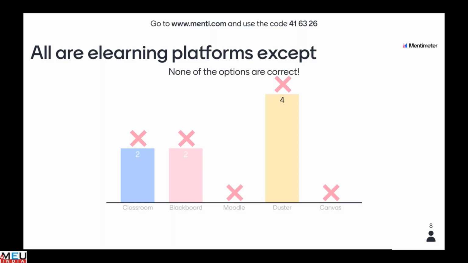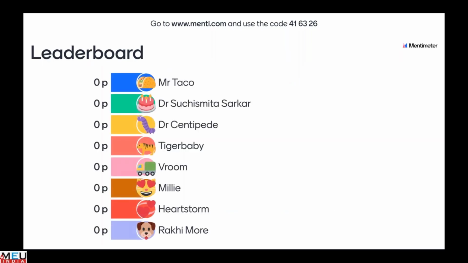So here I feel my mistake, I have not marked the correct answer, but the correct answer is Duster. So it would have shown a green tick here. And Google Classroom is an e-learning platform, Blackboard is one, Moodle is one, and Canvas is also one. So you can use this as a quiz in your classes. So in the free version, you can have up to 5 quiz questions, and you can have these multiple choice questions where the answers are displayed in the end, and it even shows the leaderboard exactly like your Kahoot. But here, since I had not set the correct answer, it's showing as 0 points. So I will do this again once I show you how to use this Mentimeter.